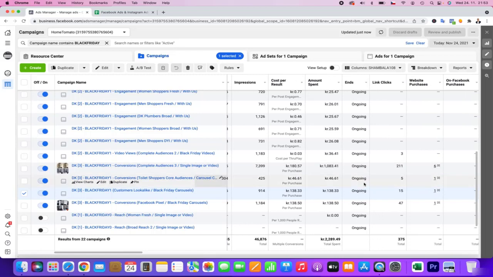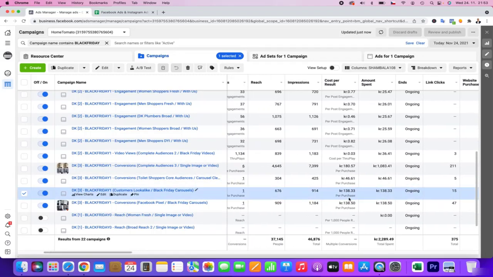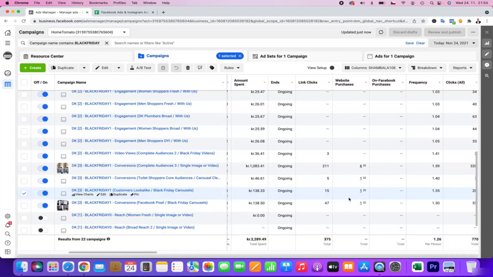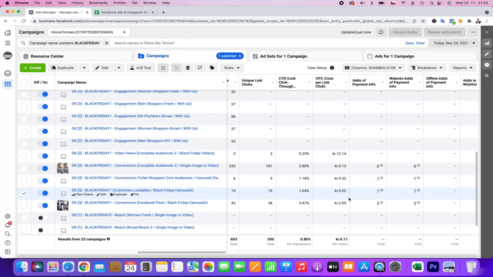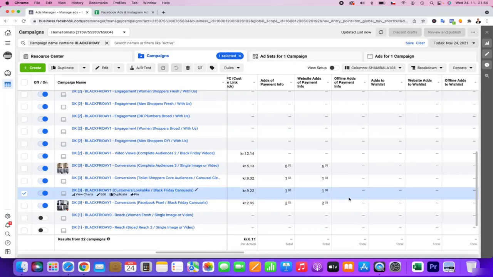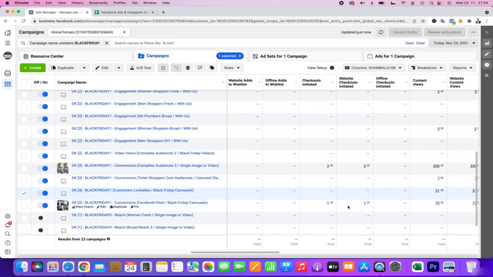The same, if you can see today, lookalike customers, Facebook pixel lookalike. And if we check it, the link click is not perfect with these lookalike customers, but it's still okay. But this pixel is really doing great.